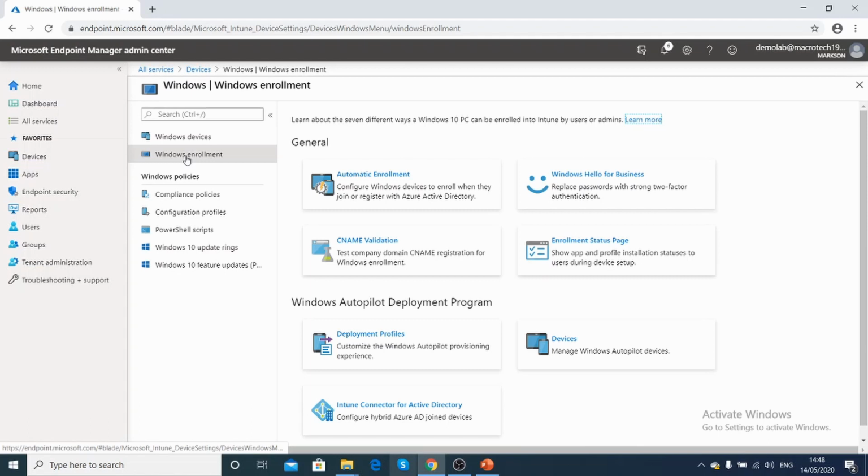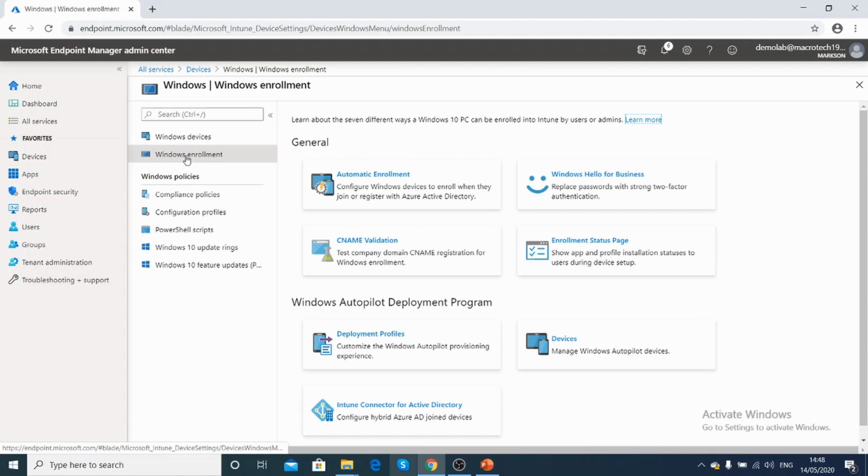So whenever the user already has Azure AD configured, and they log on using their Azure AD ID, Intune and Azure AD get authenticated. It will deploy a Windows 10 operating system. This is useful for most admins because there is less overhead on building the operating system for the users. So for that we use the Windows Autopilot deployment program.